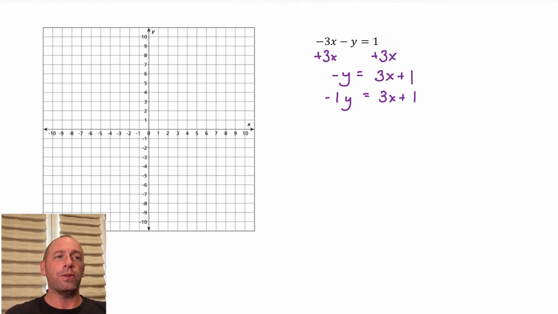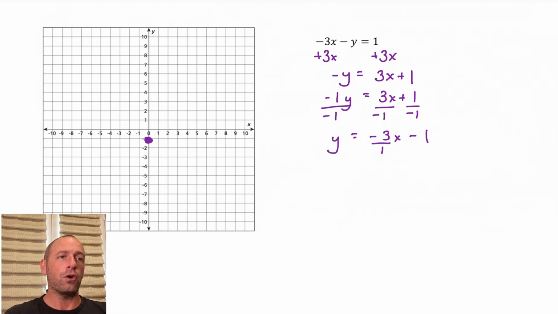So after you've been doing these for a few days, you could probably do this step in your head. But I'm going to write it as negative 1y equals 3x plus 1, and then divide everything by negative 1. Essentially what that does is change all of the signs in this equation. So I'll get negative 3x subtract 1. I begin by plotting the y-intercept of negative 1,